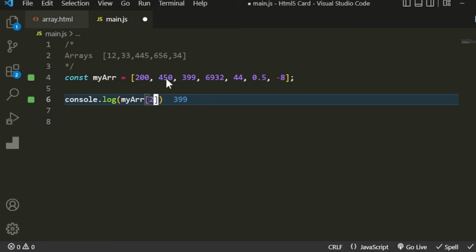If we say we want the item at index 2, you will see we get the next number, 399. But what if we want to get the last item inside this array? Let's say we have many numbers, 2 million, and we don't know which one is the last item of the array. So for any array, what we are going to need to do is say